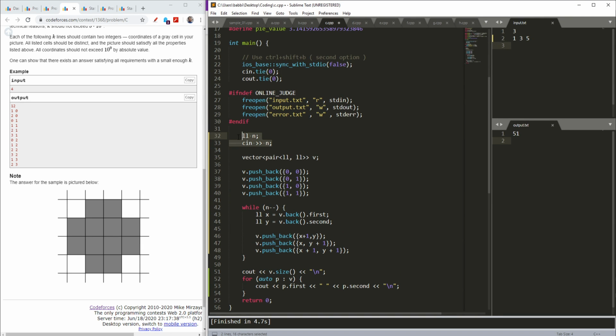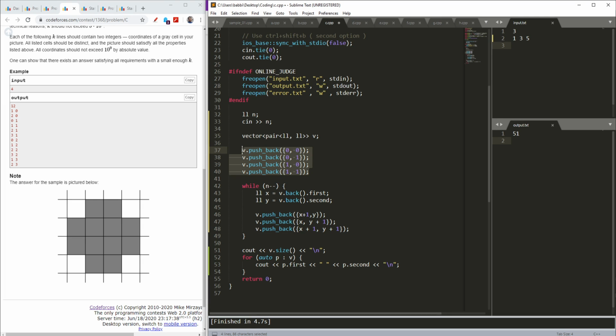So as I said, I will be having an n, which indicates the cell which needs to have all its neighbors, and the neighbors are exactly 4. All these neighbors are chosen, which means all these neighbors are gray. So I will have a vector of pairs which will store all the coordinates in the form of a pair, and the pair represents x and y coordinates. I will first of all push back my starting 4 cells, and I will iterate my loop until my n is finished, because exactly I need n cells such that these n cells should be surrounded by